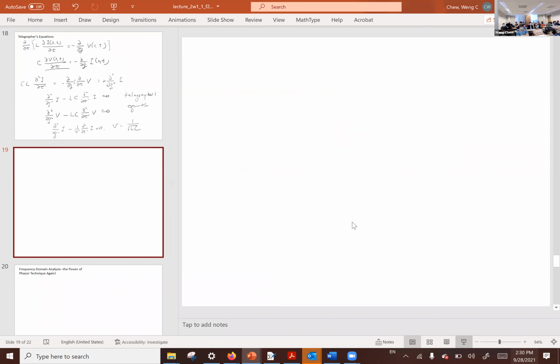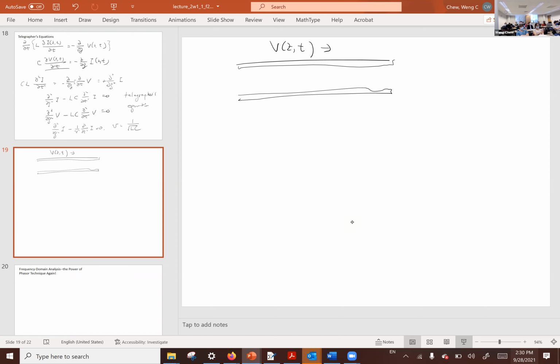Okay. So if you have a transmission line, and you have a wave traveling on this transmission line, by the same token, there is also a wave that you can describe in terms of current traveling on this transmission line. Those two waves are related to each other. If you have one wave traveling in one direction in terms of V, there is also a corresponding current that travels with it in the same direction. And just as with the plane wave in free space, then